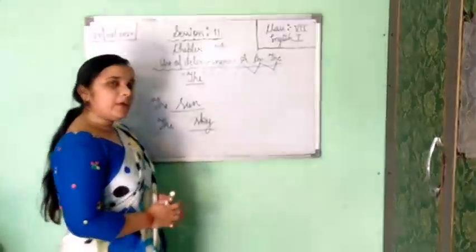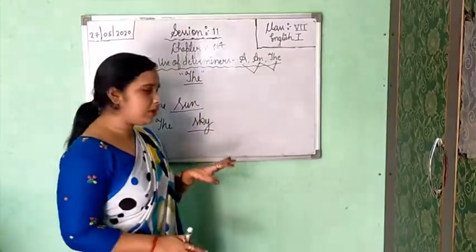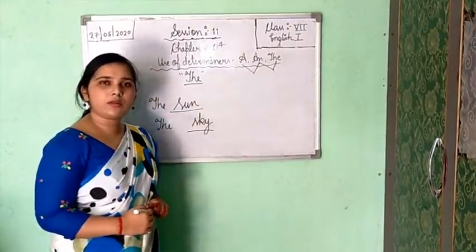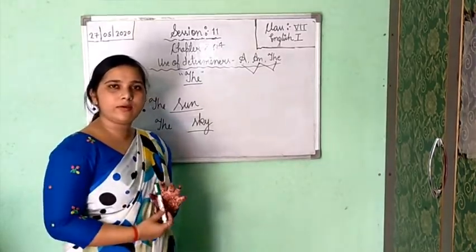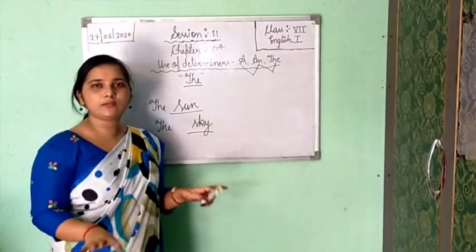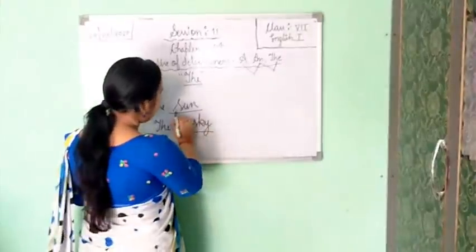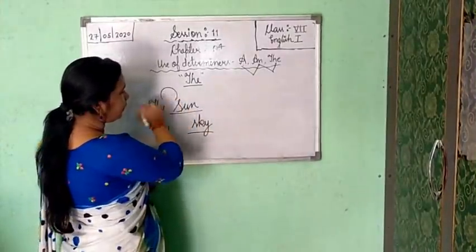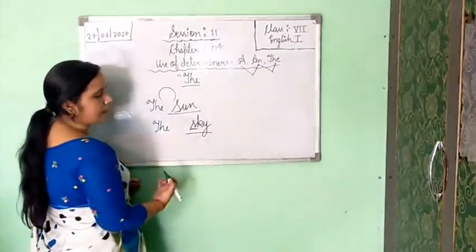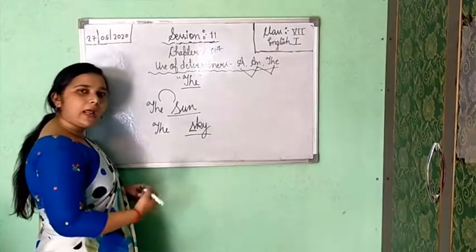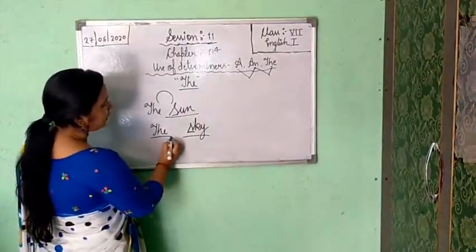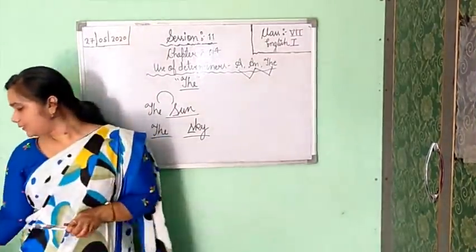Understood? If you are getting a common noun, which everyone can commonly use, but if it is only one, because everyone knows that the sun is only one, whether we see the sun in India, in Africa or in any other part of the world, the sun is only one. That is why we have used "the" before this for showing particularity. Similarly with the sky, the sky is also one. You are under the sky, Ram is under the sky, your friend is under the sky. So here you are using "the". Understood?